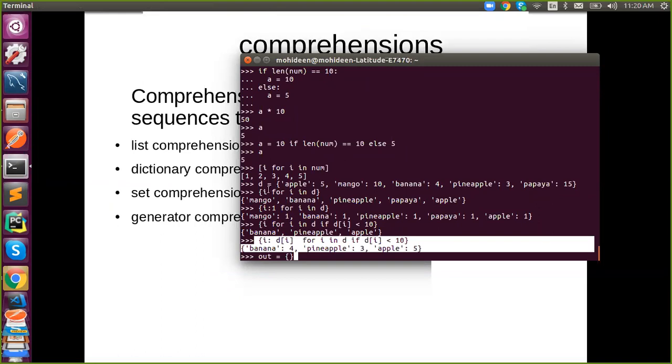But in the meantime, take this dictionary and use a for loop and if condition to make another dictionary with count less than 10. Then tomorrow we will replicate that block of code with comprehension. So we'll see in detail tomorrow. This is an introduction about comprehension. We'll discuss in detail tomorrow. Okay.